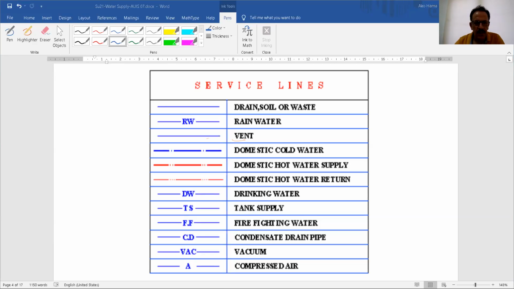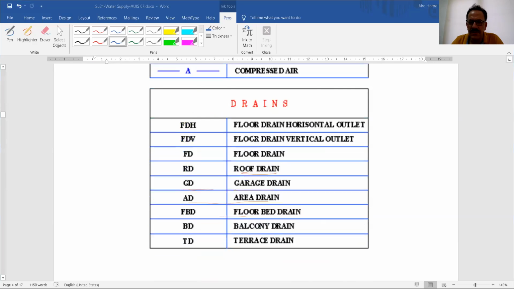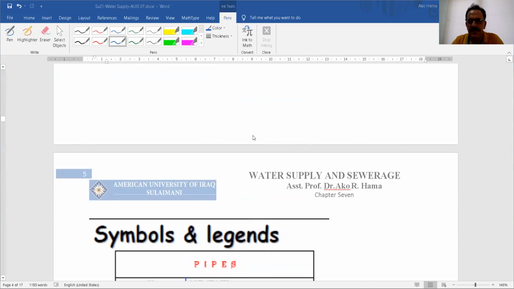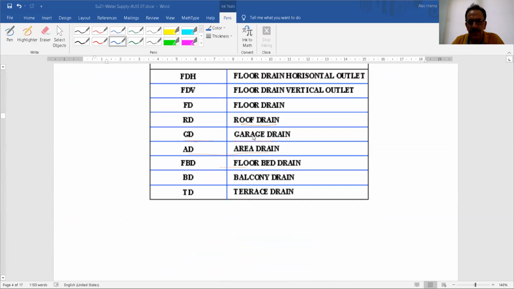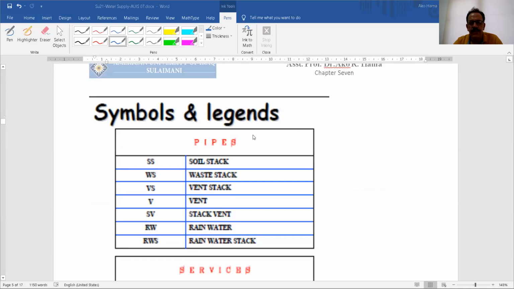I have a problem with my AutoCAD. Anyway, I will send you typical maps of how to do this, so it is clear how to design the plumbing system for a house or a building. Is it clear? Yes, sir, it is.